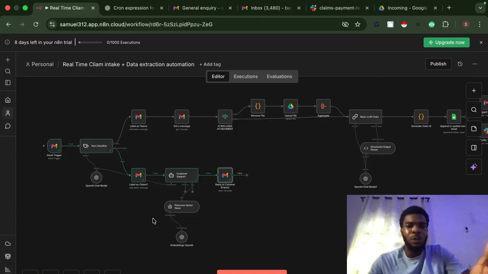So it gives whoever is in charge of handling customer support time to be able to handle other aspects of customer experience that benefit the company and increases revenue, rather than having to handle repetitive workflows like this